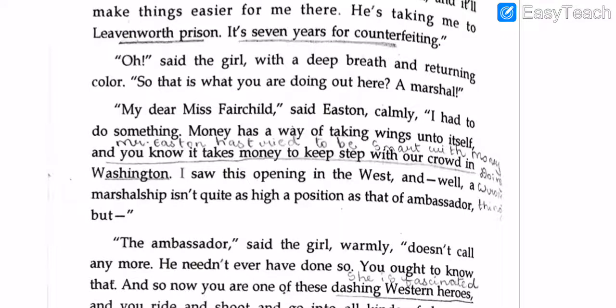So he actually just reveals his cover over here by saying this society that we live in has a higher standard of living. It has a high standard of living, and that is why I had to counterfeit, and I had to get money the illegal way, or else I wouldn't have been able to survive.